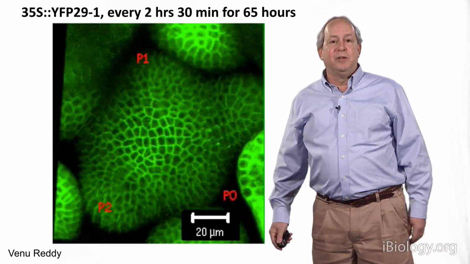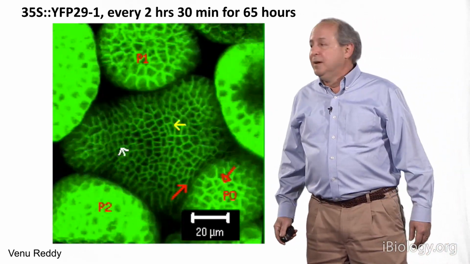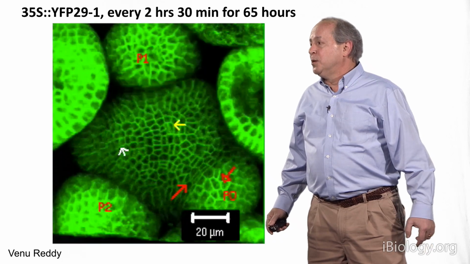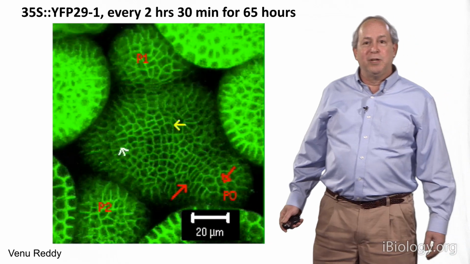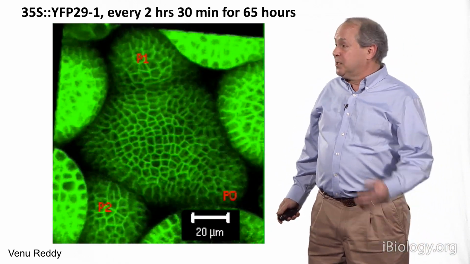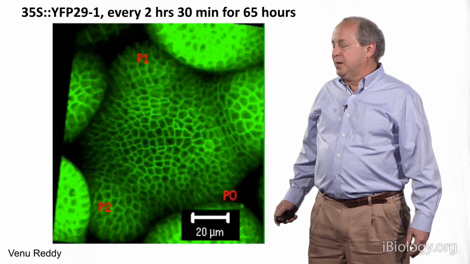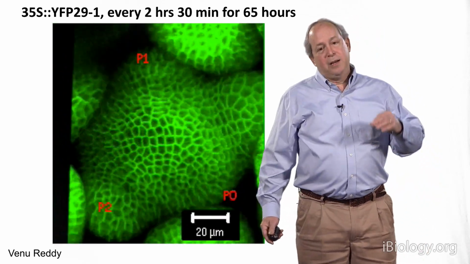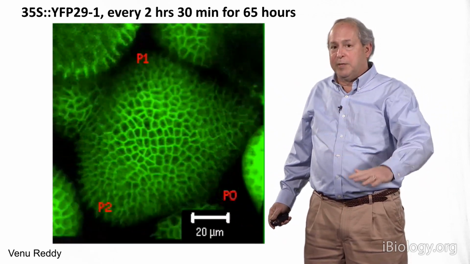Now the methods we developed for finding out what's going on as the phylotactic pattern forms are live imaging methods in which we make parts of the plant fluorescent, either gene products as proteins or parts of the cells, as in this case where we're looking at the plasma membranes of the individual cells. And we use a laser scanning confocal microscope to access full three-dimensional information from the top of the plant,